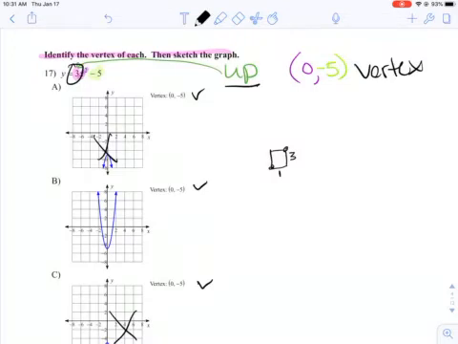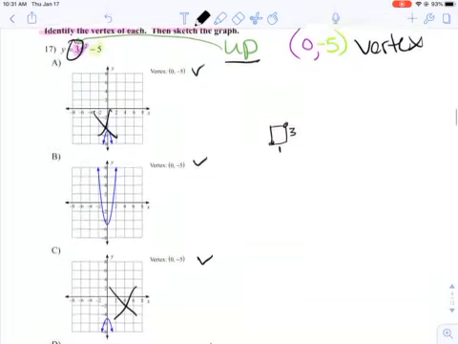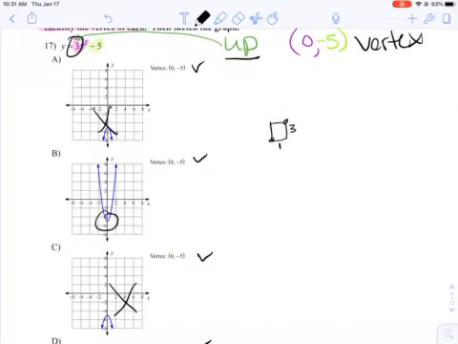So if I was going to be at this vertex, which is right there, sorry, and I went over 1, I would want to go up 3. So if I went over 1, where would that be? That would be at 1, and then I went up 3, that would be at -2. So my other point needs to be at 1, -2, and that's a pretty good